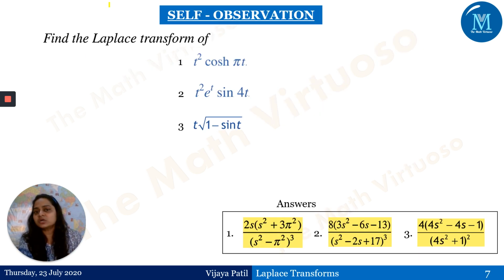Then come back to our self observation. You have to have the self observation at this stage, because here I have combined two times, right? Here I have taken e to the power t. Here I have taken something different which we have not seen in the videos. But yes, you can solve those, the square root of 1 plus sin t, with the help of trigonometric functions. This is the slide I'm leaving you with as the self observation slide.